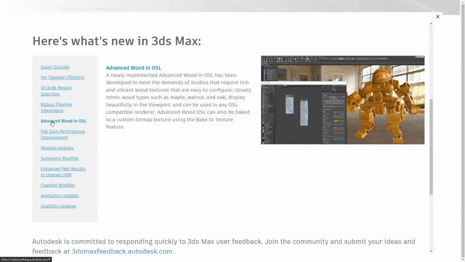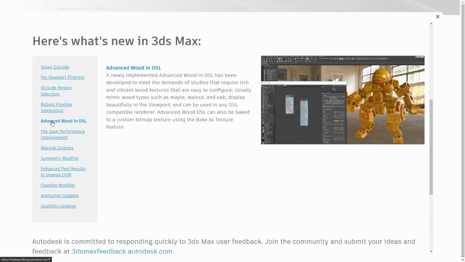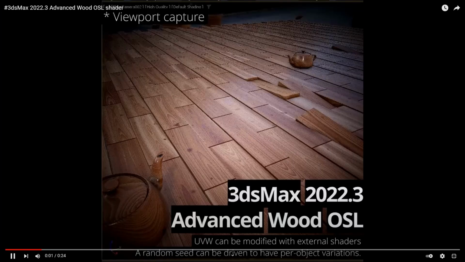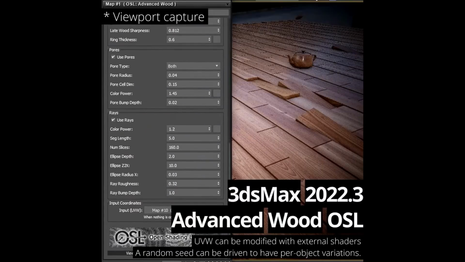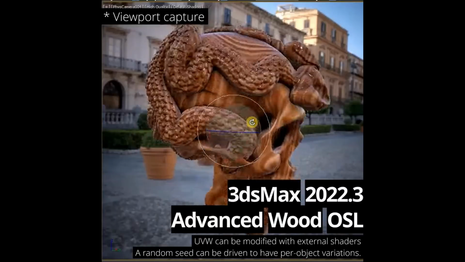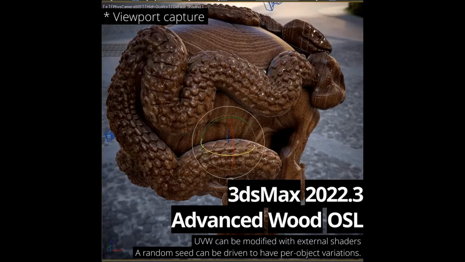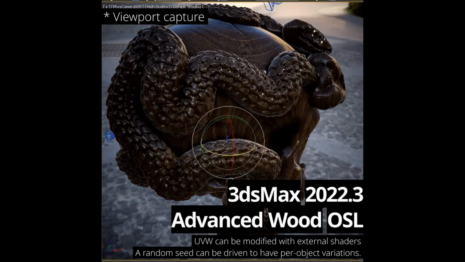Advanced Grid Shader has been recreated in OSL. We had this shader before, but it was not in OSL. And it was great to create all types of different procedural grids. Now, being an OSL shader, it displays exactly the same in viewport and in the renderer because it's doing an HLSL conversion, and it has all the advantages of OSL, like you can offset tiles and UV offsets from the shader per object, getting way more control than we had before.